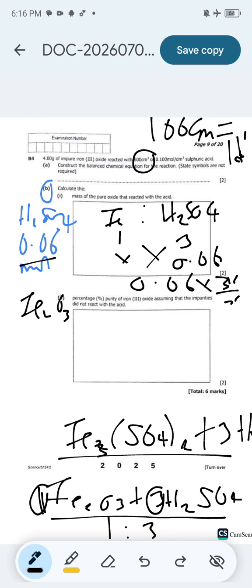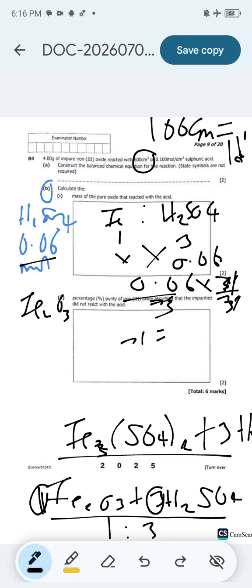So for us to find X, because X is the number of moles for iron 3 oxide, we are dividing by 3, so 3 by 3 goes, then we say X is equal to